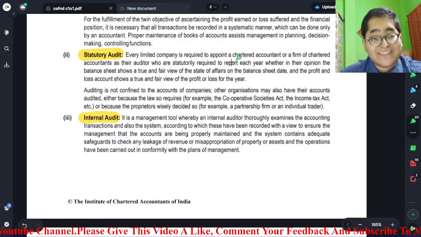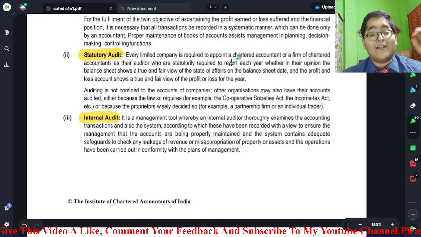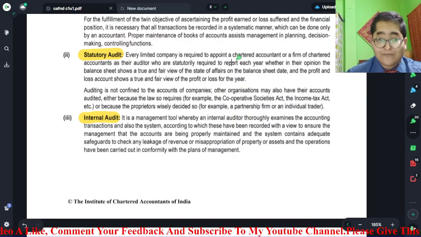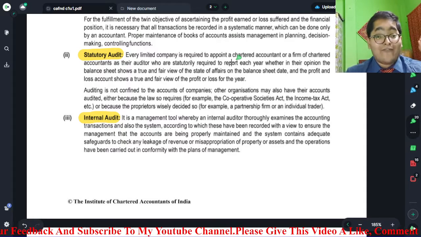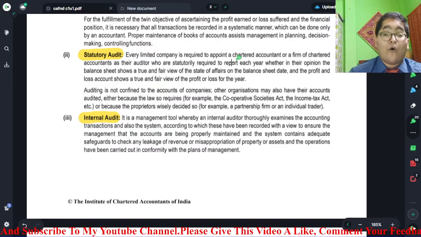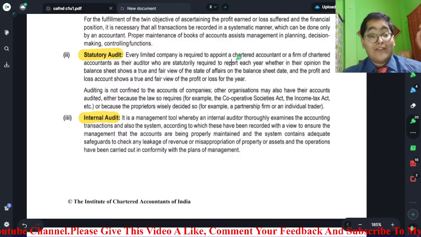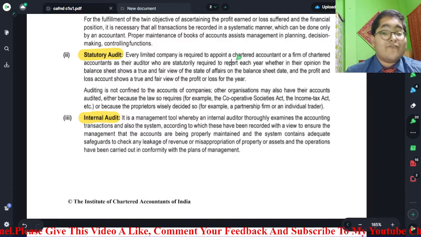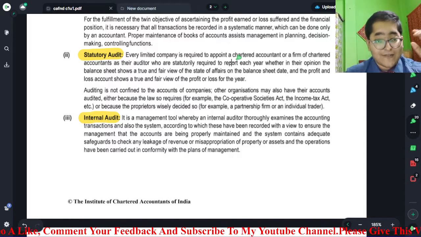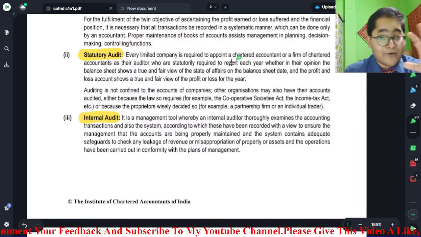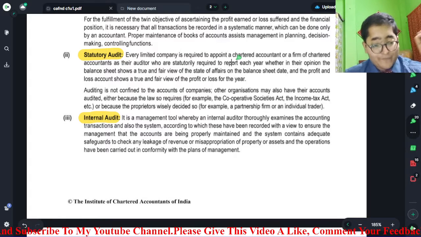What is a statutory audit? Statutory audit is mentioned under the Companies Act 2013, where it says every public company needs to have an auditor in a particular year to audit the books, to check the financial statements, whether they are free from material errors, and whether they express the true and fair view of the business. So an accountant, a person having proper knowledge of accounting, can act as a statutory auditor.